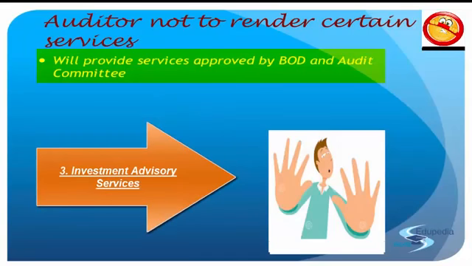Okay? Investment advisory services. Do you think you are going to advise the company what to invest, what not to? You cannot do that. You are a statutory auditor. You need to check. You need to inspect. Right? Inspection and investigation is what you are supposed to do with the financials of the company. You cannot go ahead and decide, okay, put your investments over here, block your investments over here. Let's take up this loan. You cannot do that because that is what you are checking, whether the company is performing it right or wrong. Right?